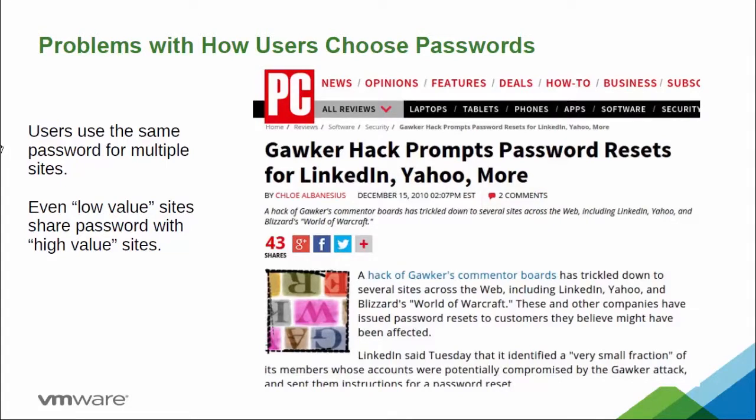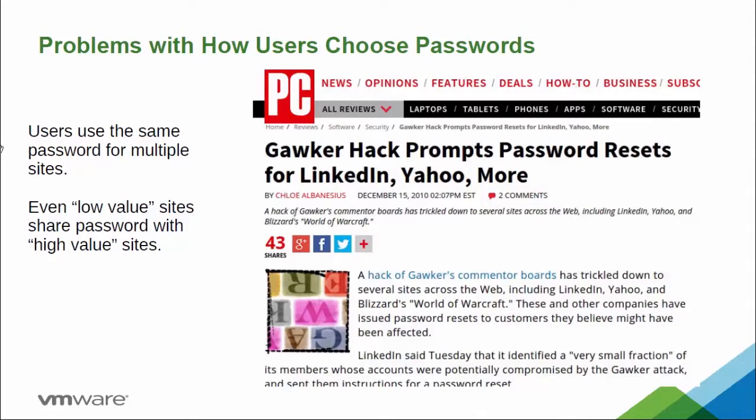This article is from 2010, so it's from a while ago. But Gawker was a blogging site in New York. It was considered kind of low value. It was a gossip site. People would leave comments; they'd have to create an account before they could leave comments. But it was kind of an ad hoc gossip site. It got hacked. It leaked the password files. The next day,